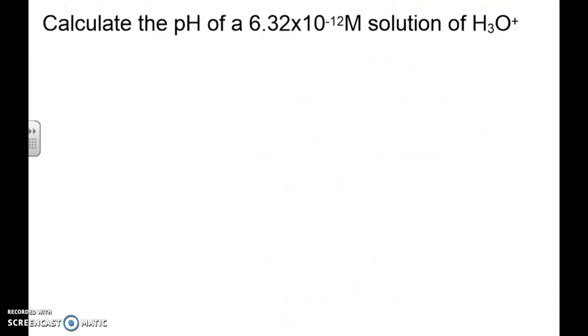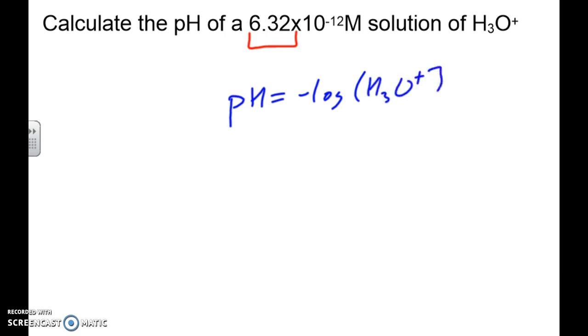So for our next example right here, we can see we've got 3 digits. So the 3 digits means that our number is going to have 3 numbers after the decimal point. The numbers before don't matter. So yet again, our formula for pH is equal to negative log H3O plus. So when I plug that in,